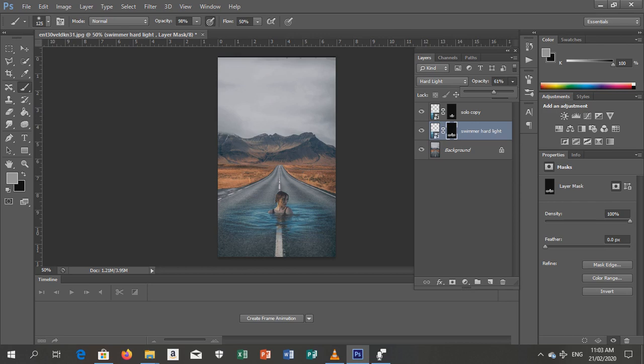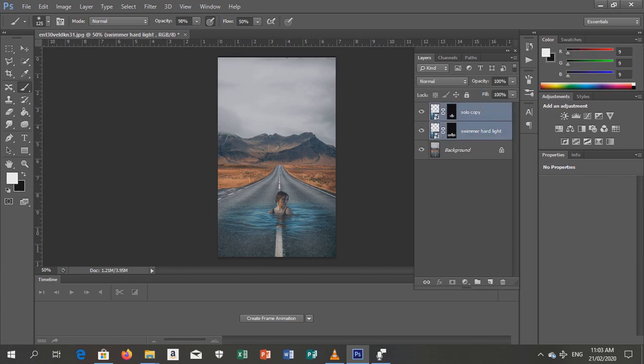Now group both layers by pressing Command G. Make sure your clipping mask is on so that it will stay on the bottom layer. Clipping mask is on, but before that,